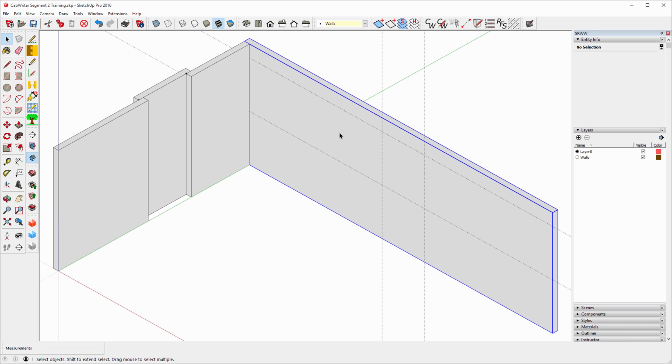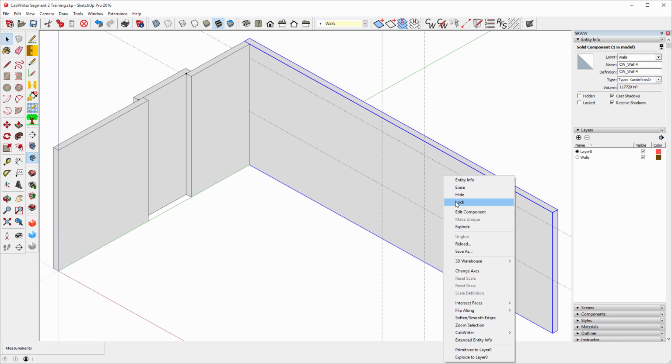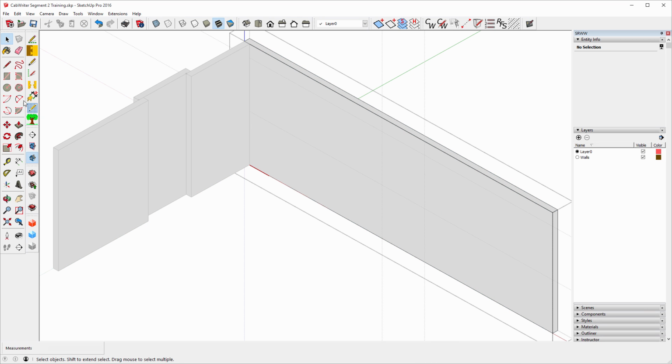So I'm going to select the wall. Notice, by the way, it says layer. It's on the walls layer. Name of the wall is CW Wall 4 because we did 4 of them. 1, 2, 3, 4. So it's CW Wall 4, and that's both its instance name and its definition name. I can edit this just like any component in SketchUp. And so what I'll do now